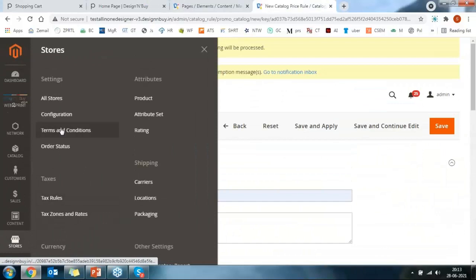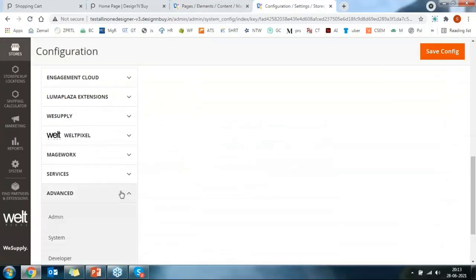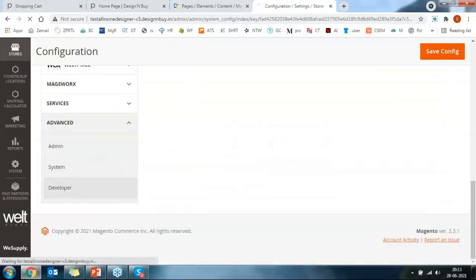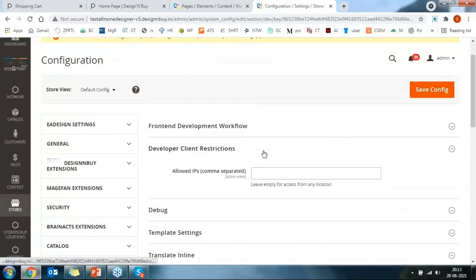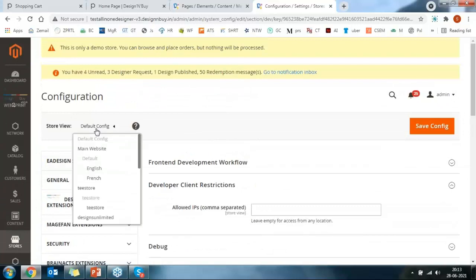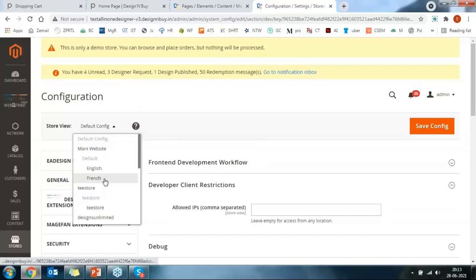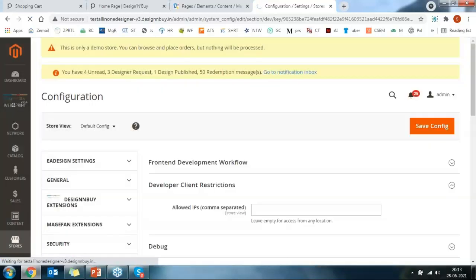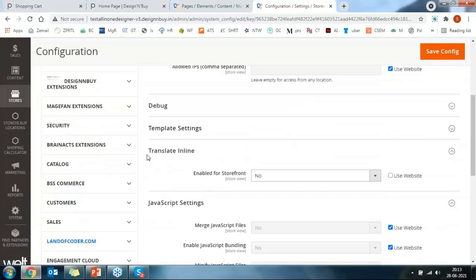So go to Stores, Configuration, and in Advanced you can see Developer. Now before you enable it, first of all ensure which website you want to translate. So let's say I want to translate my French store. So click here on French. You can see Translate Inline. Just enable it. Before that,